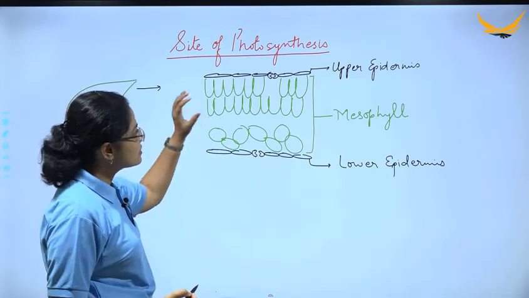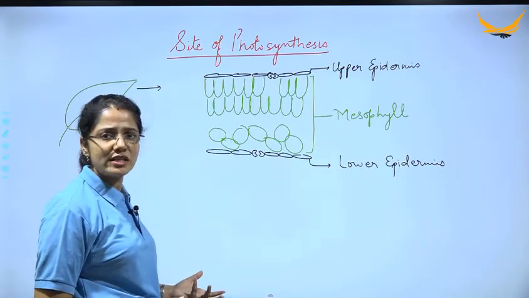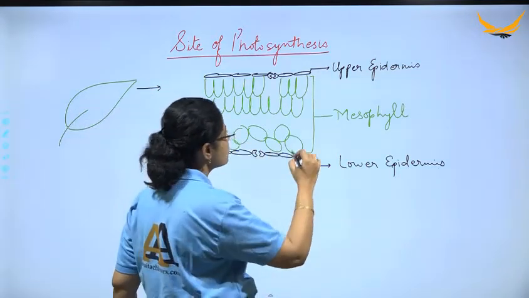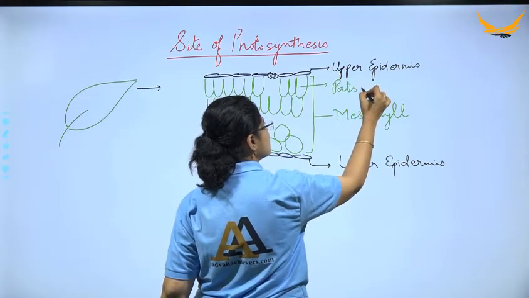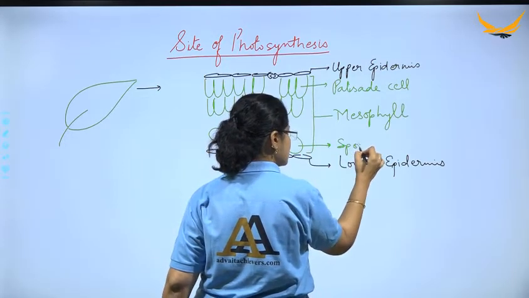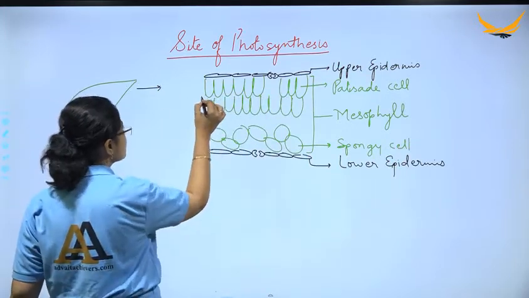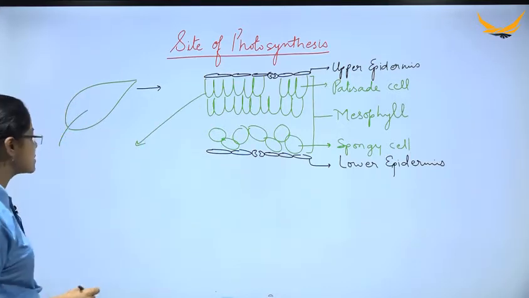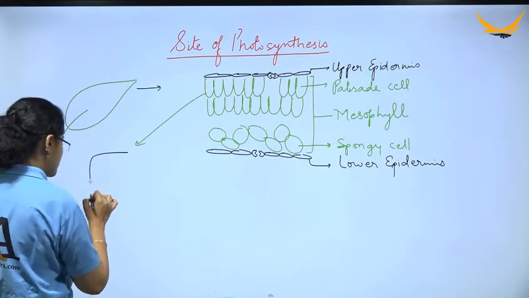Alright, and it is inside these mesophyll cells where we see the special organelle, that is the chloroplast, which helps in the process of photosynthesis. So let us see a bigger version of these mesophyll cells. This is a palisade cell, and this is a spongy cell. Okay. So now I am making a magnified version of this mesophyll cell. So say if this is a mesophyll cell,